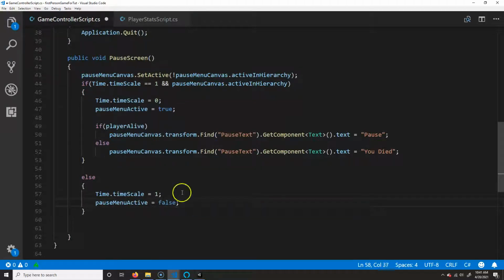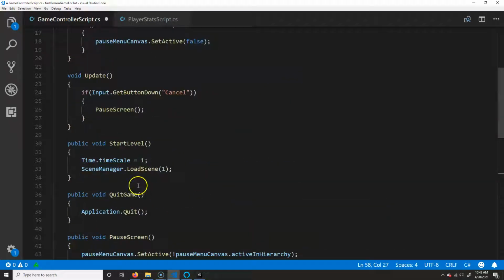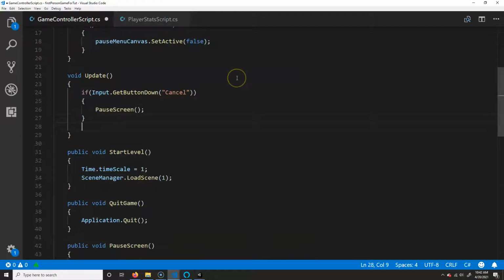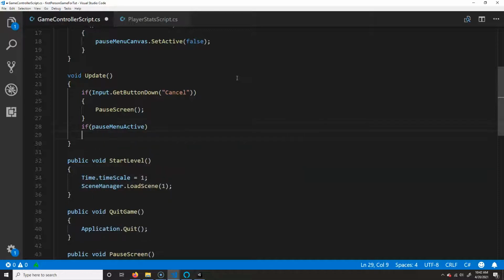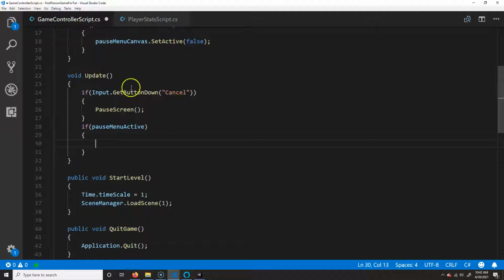Okay. And what we're going to do is use whether it's true or false as to whether those numbers do anything. So I'm basically just going to say that either the menu is on or off based off of this Boolean here, and then we're going to use that in our input. So we're going to say if pause menu active, so if it's on, then we're just going to basically do the same thing that's already here. So we'll do if